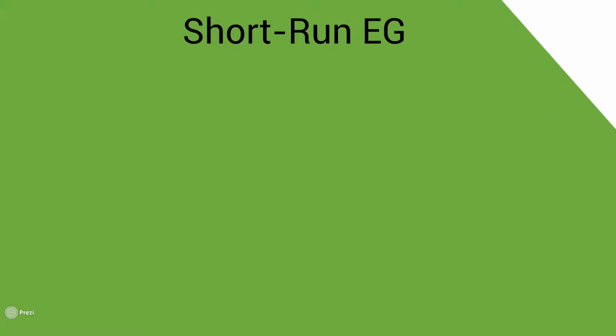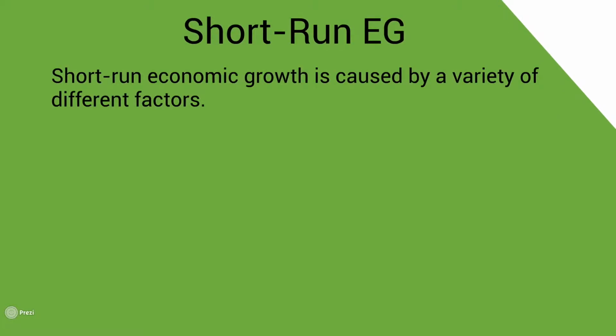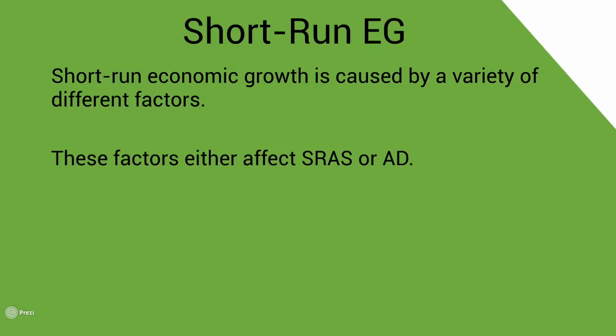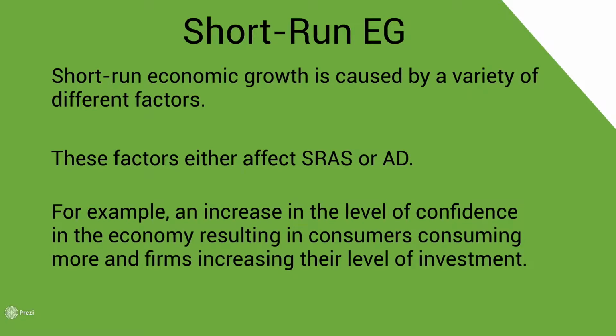Now let's look at short-run economic growth. Short-run economic growth is caused by a variety of different factors. These factors can either affect the short-run aggregate supply curve or aggregate demand. For example, short-run economic growth can arise due to an increase in confidence levels in an economy. If economic agents are feeling more